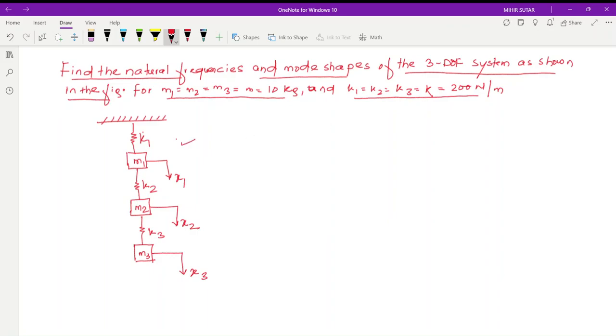Now this is our system. As you can see, it is a 3-degree of freedom system because we have 3 displacements x1, x2 and x3. Now the differential equation of motion for the system can be expressed as